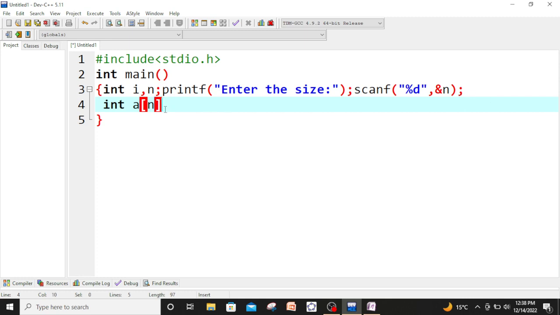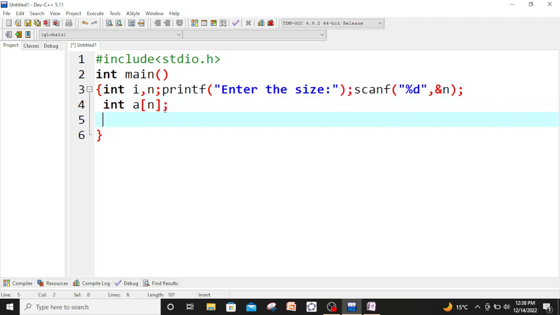So I declare the array. Now it is time to get the values for the elements of this array, and for that I again show a message to the user,